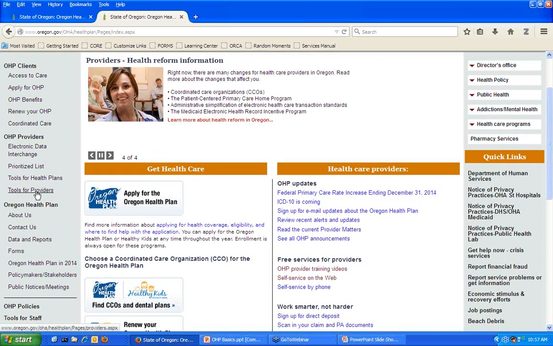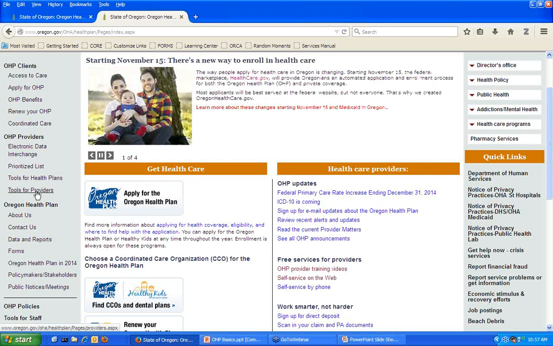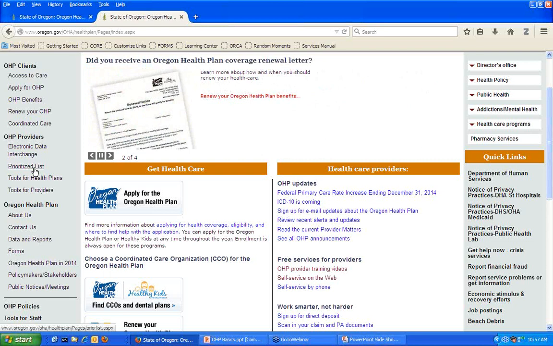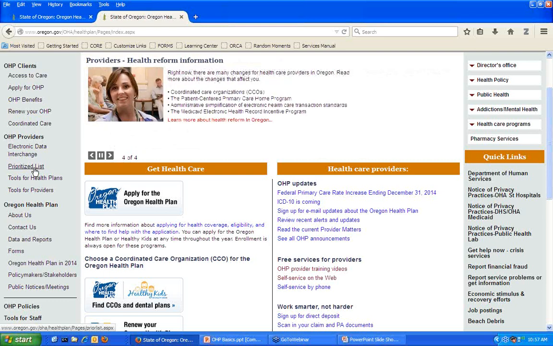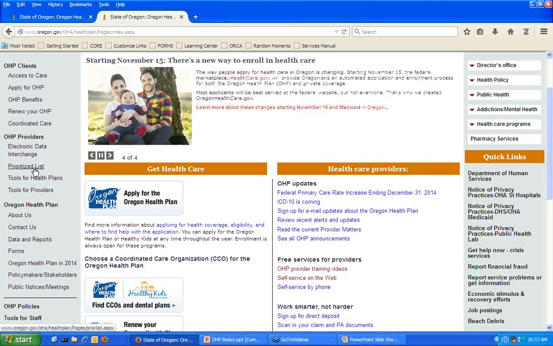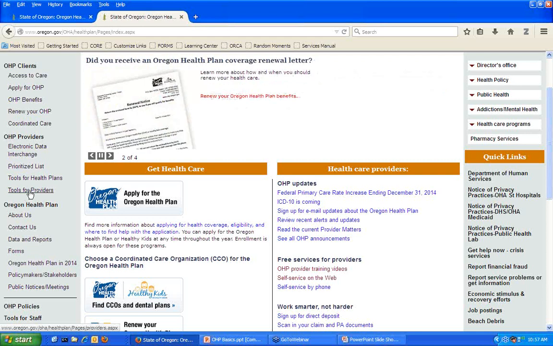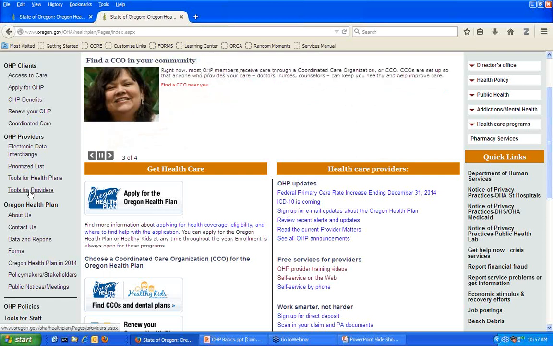And then the last thing I want to show you is, well, before I get to that, you can access the prioritized list by clicking on this link here. You'll see the list. You'll see some extractive files that are a numeric list of all the diagnosis codes found on the list, listed in numeric order, and it'll tell you the corresponding line numbers. Same thing for procedure codes, lots of good information there. There's more instruction in our videos and on our Tools for Providers page, which is where we're going next, on navigating that prioritized list. So please know that information is available to you.